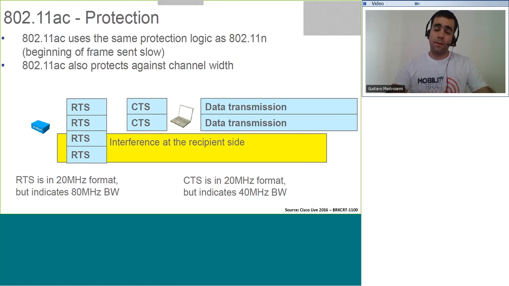And the same way that we have protections on 802.11n and 802.11g, we also have a kind of protection on 802.11ac. It uses the same logic as 802.11n. It sends the beginning of the frame at the highest mandatory rate, and then sends the rest of the frame using the 802.11ac speed. It also has a protection against channel width. So in this case, for example,